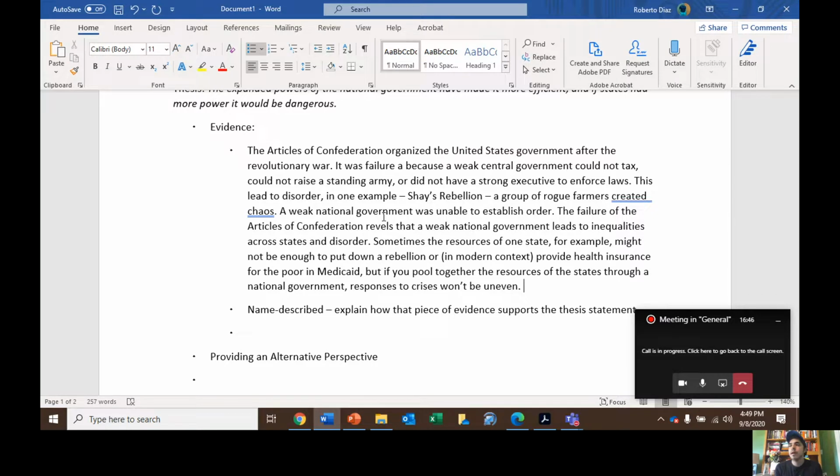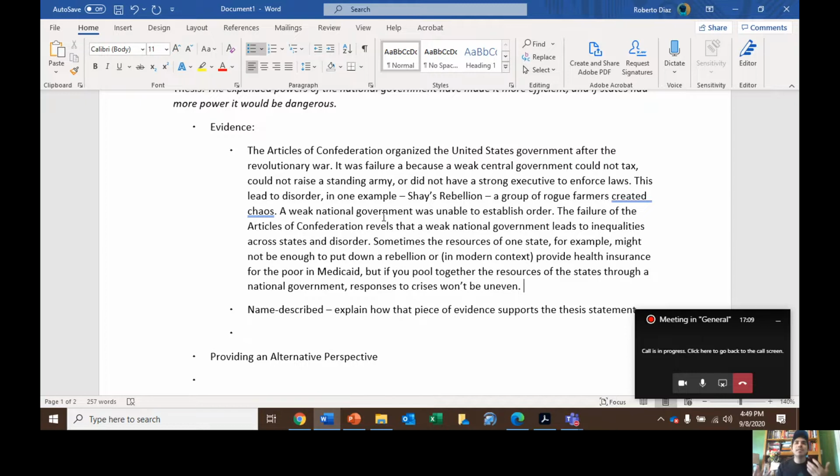But I'll get back to you on how Medicaid is funded. The national government is able to pull resources of richer states like California or Texas to provide social services for poorer states. You can imagine in a world where you have more powers and responsibilities reserved to states,